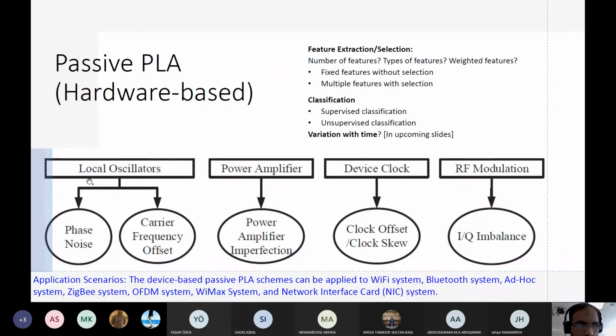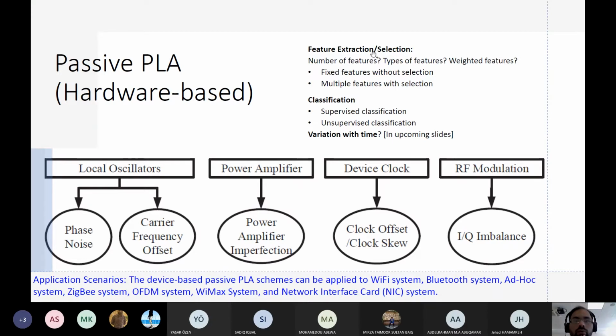Different hardware equipment or sections have different kinds of imperfection. For example, the impairment related to local oscillators can be phase noise or carrier frequency offset. Related to the power amplifier, there are power amplifier imperfections. Related to the clock, we have clock offset, and related to modulation, we have IQ imbalance.